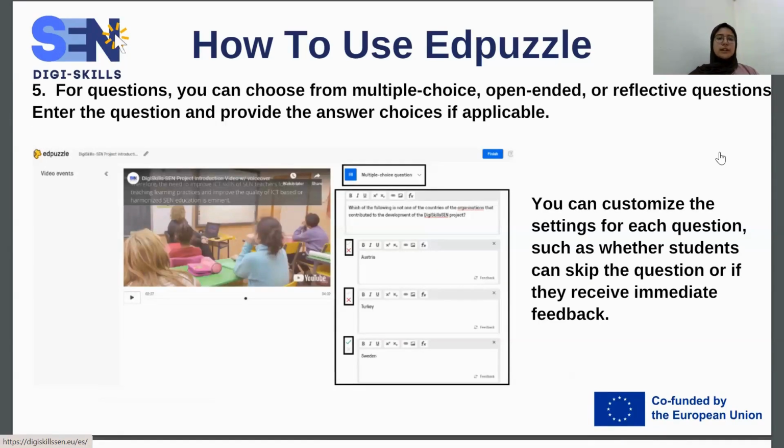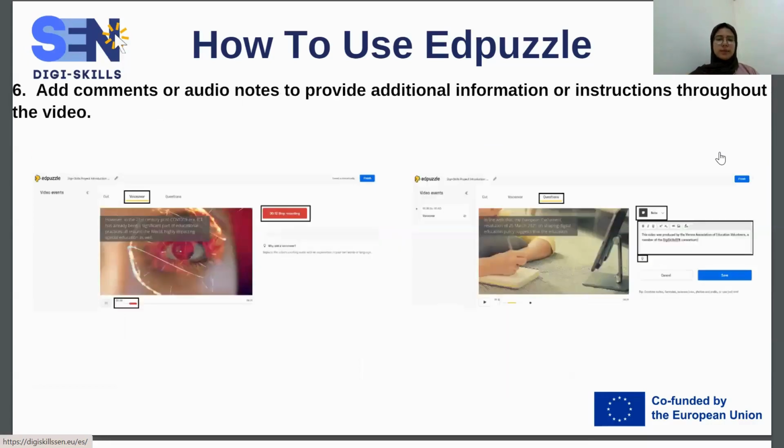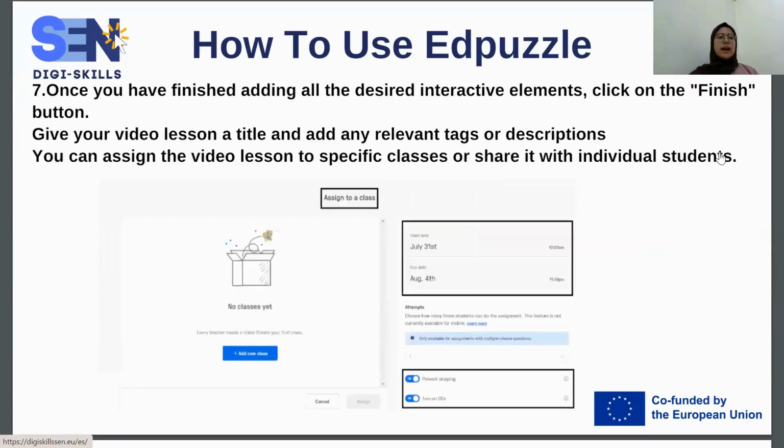And for questions, you can choose from many question formats. Some of them are multiple choices, open-ended. You can have reflective questions as well, and the students can choose an answer or enter the answer as applicable. You can also add comments and audio notes to provide, for example, additional insights about some information or instructions in the video. And so once you have finished adding all the elements that you want,